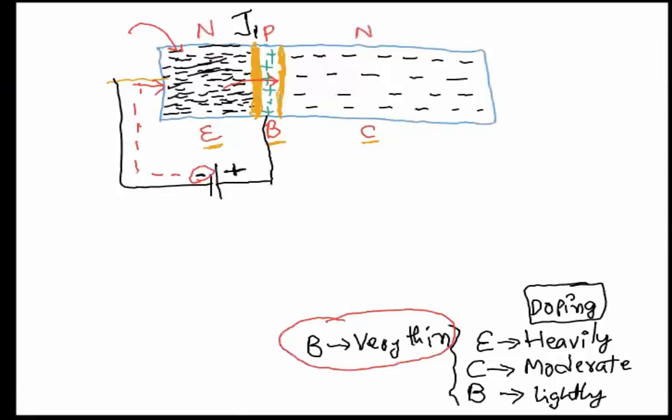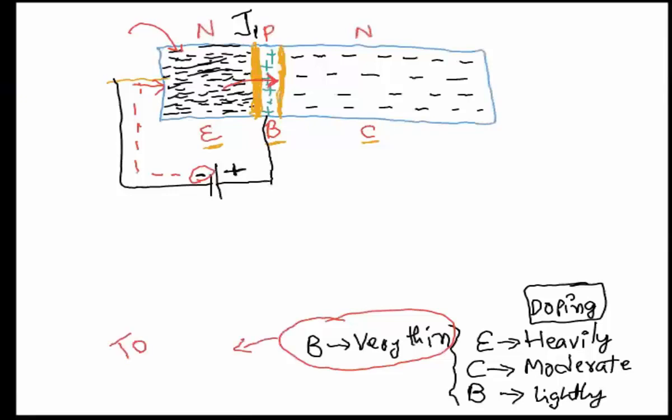So if the base is very thin, when these electrons are going to the base region, we don't want them to recombine with the holes, providing a net charge of 0. We don't want that recombination because we want these electrons to carry over all the way to the collector. So the purpose of a very thin base region is to minimize the recombination,